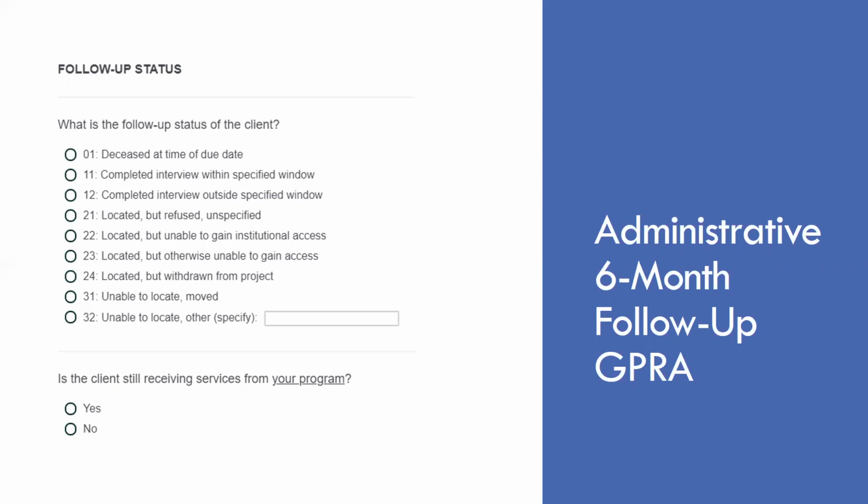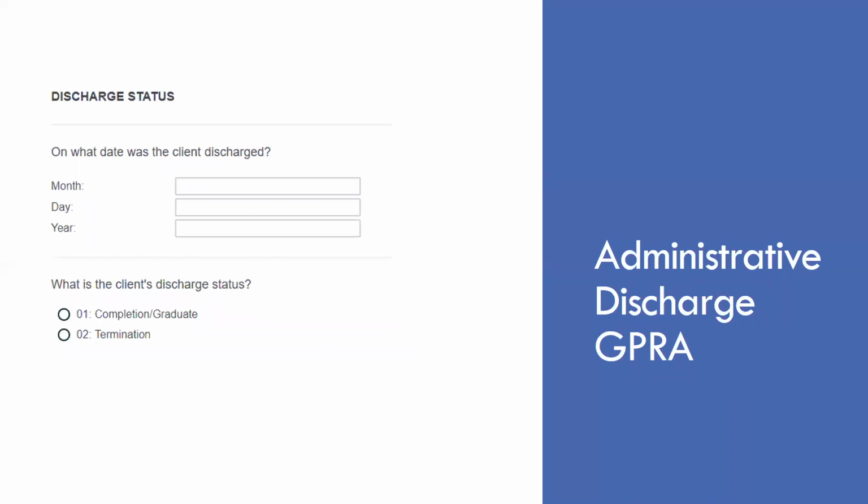And if that's the case with this particular client, you'll just indicate yes, and then that will close out that administrative discharge. If you were going to conduct an administrative discharge for the discharge, after you indicate no interview completed, you're going to see the screen that asks for the discharge status. And the first thing they ask for is, what was the discharge date?